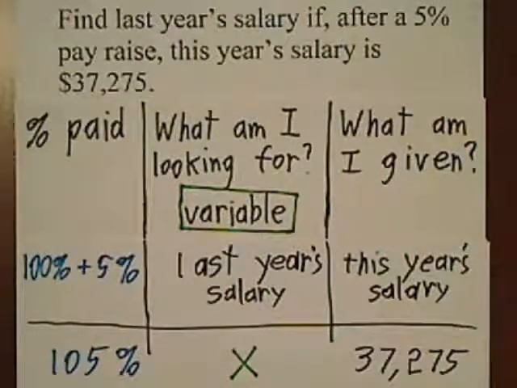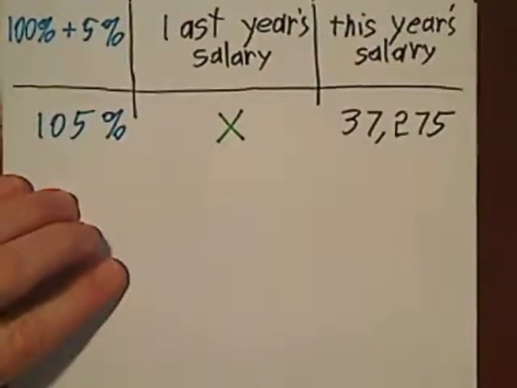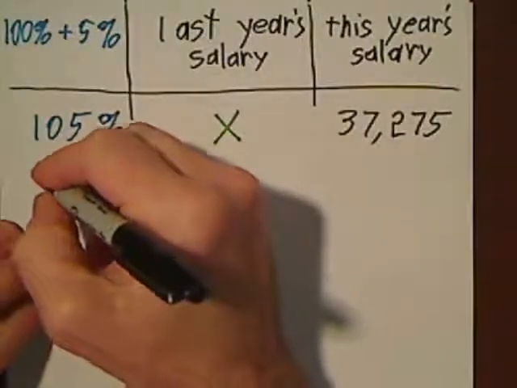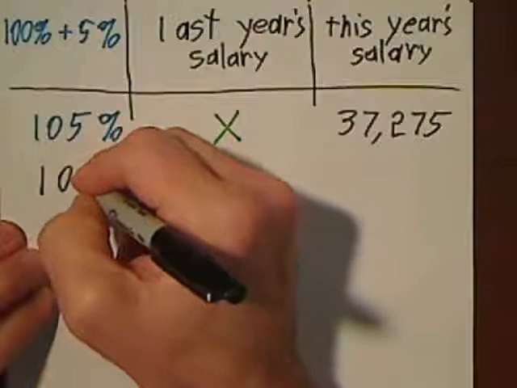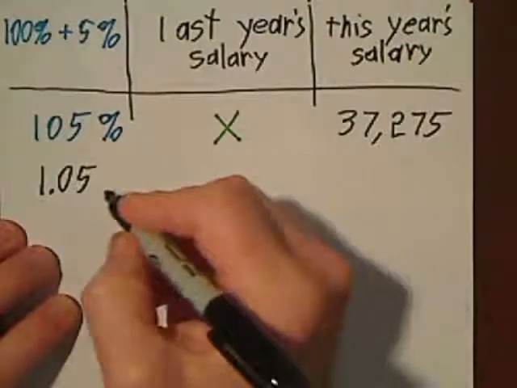Now let's solve the algebraic equation. Slide this up. So 105%, I'm going to change that to a decimal. 1.05 x